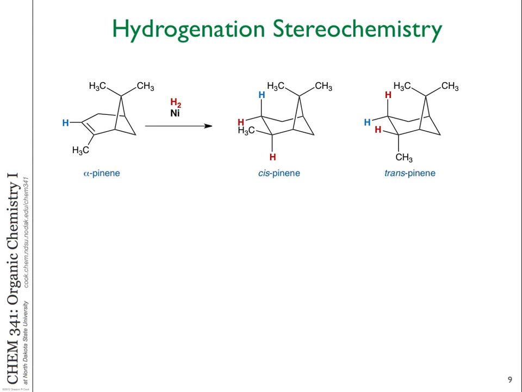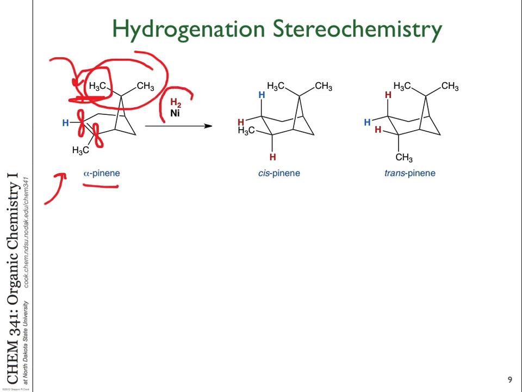So if you take a look at an example like alpha pinene, here we have a ring system where we can clearly see that. So here's the double bond, and the large palladium surface has to approach either from the top or the bottom, and these are no longer symmetric because what we have is this other group which is blocking the top side. And so you can see if we take alpha pinene and carry out the hydrogenation reaction